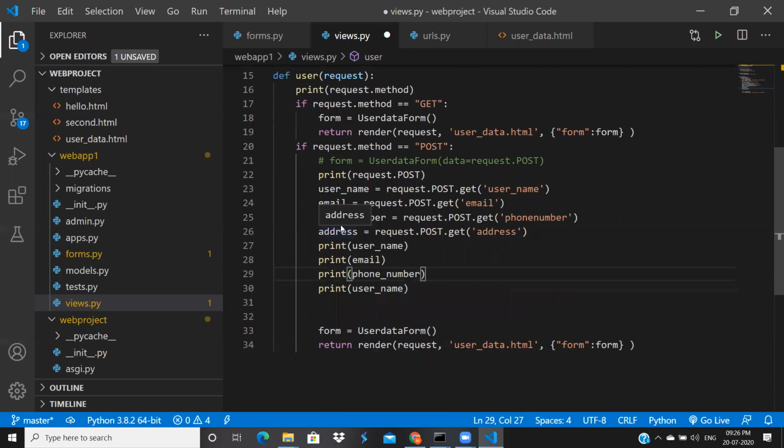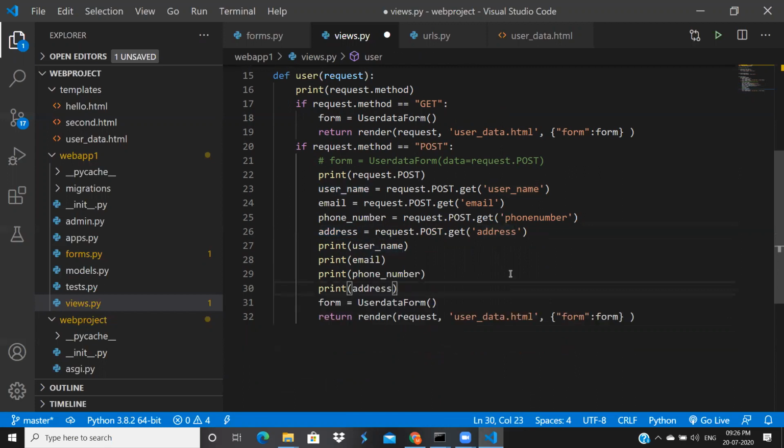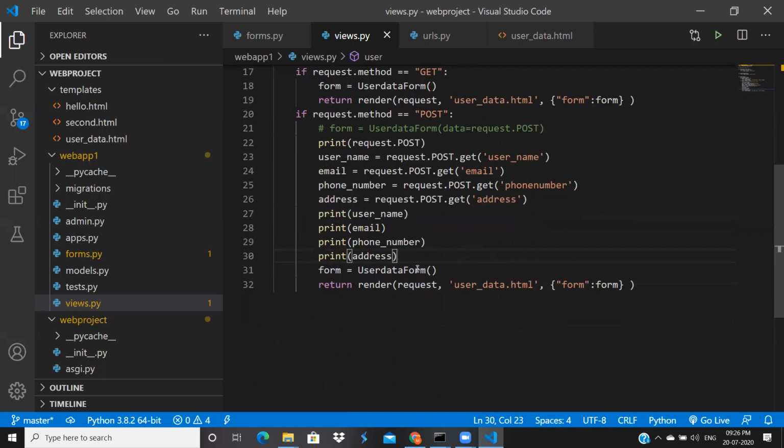If you have this data inside your views, you can do many things with this data. You can do calculations, or you can do a database save. You can call the database and save this information in your database. I think you understand this thing.